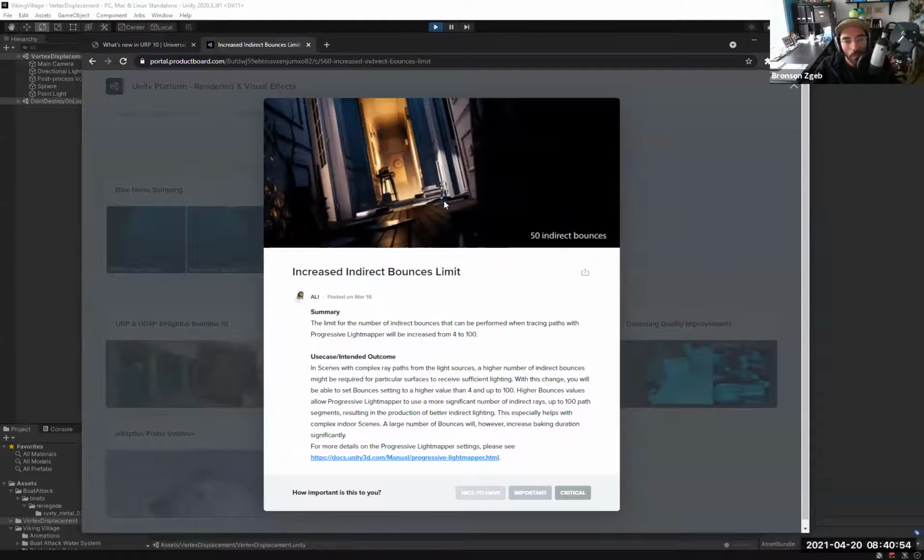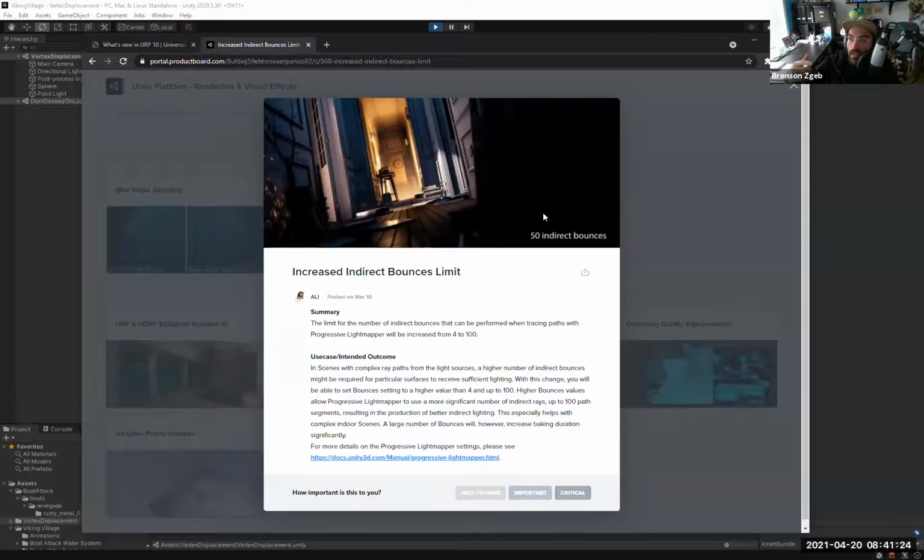But basically, this is really nice if you're working in very complex indoor environments. You can crank up the number of bounces. The way I guess that light mappers work is, it tries to, in a way, emulate real life, where light hits objects and then bounces off those objects and hits that object and keeps going until those light rays run out of energy and they sort of pitter off and die. So that's what the bounces are.